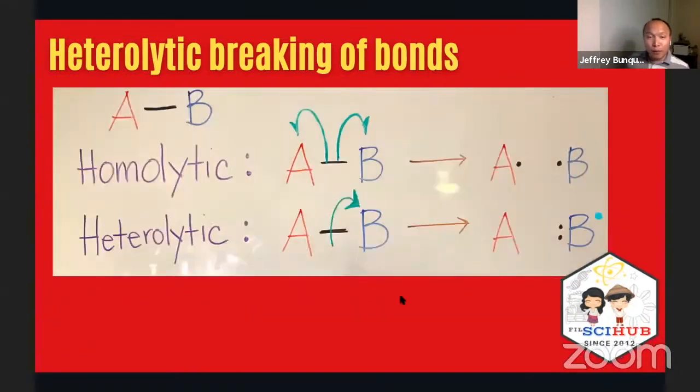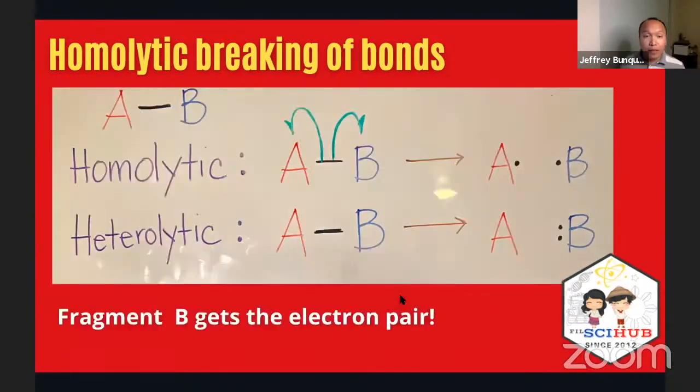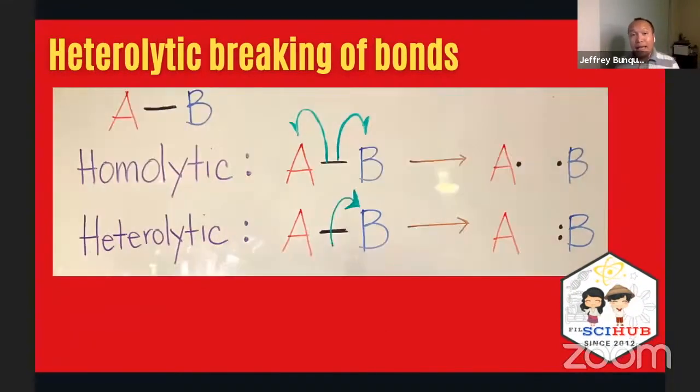So dito naman po, I would just like to point out a couple of things as well. B gets the entire electron pair. And if you're going to represent the movement of electrons during the breaking of the bond between A and B, this is how you are actually writing this. So originating from the single bond, you're actually going to direct the arrowhead to B. So ang result po nito is yung A, wala siyang nakuhang electron from that bond, and then it entirely ended up doon sa B. So hindi ko po to nilagyan ng charges, no, kasi these are just like more